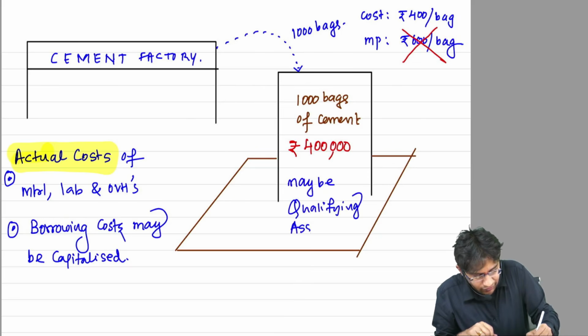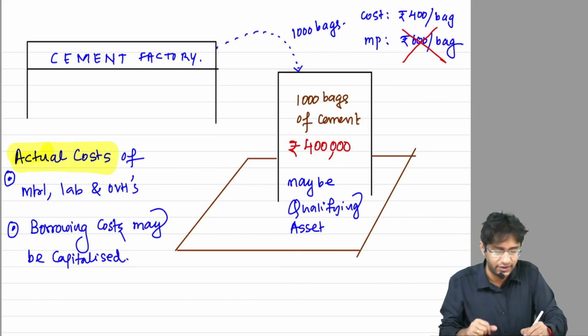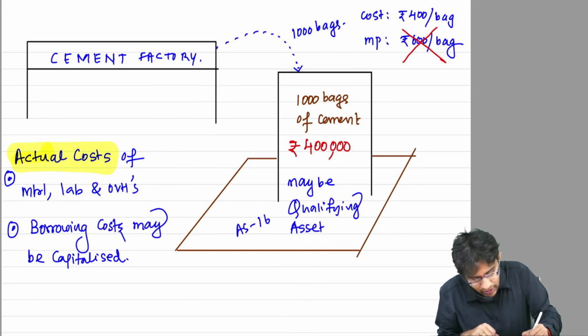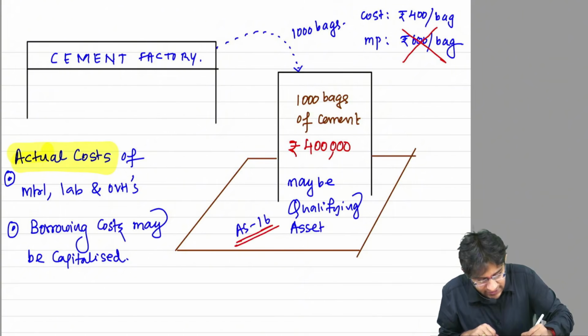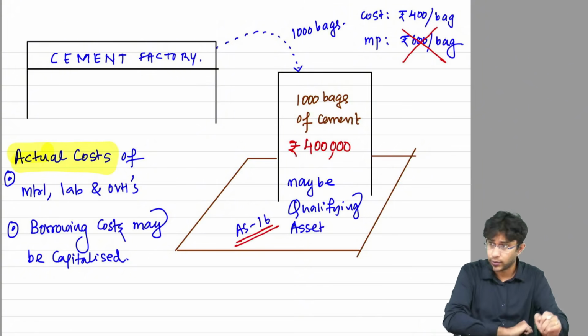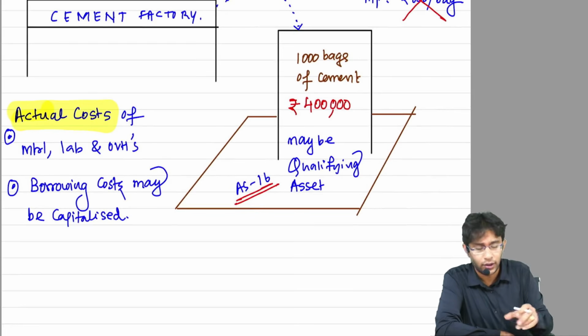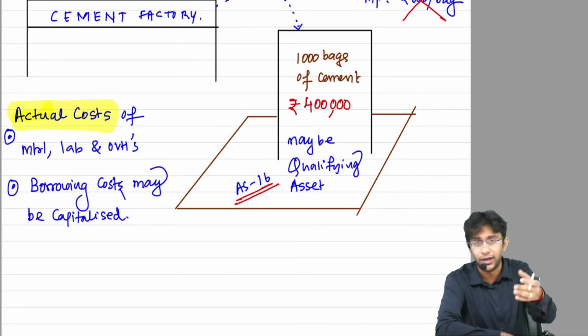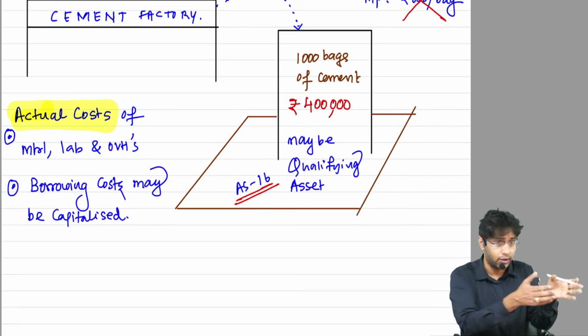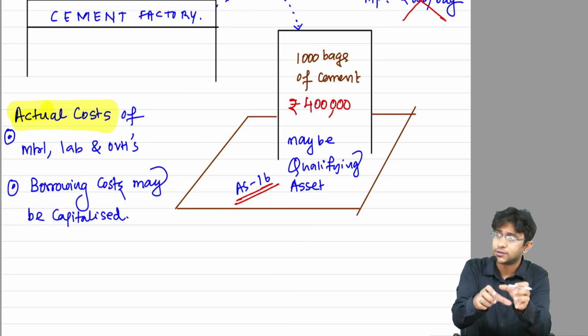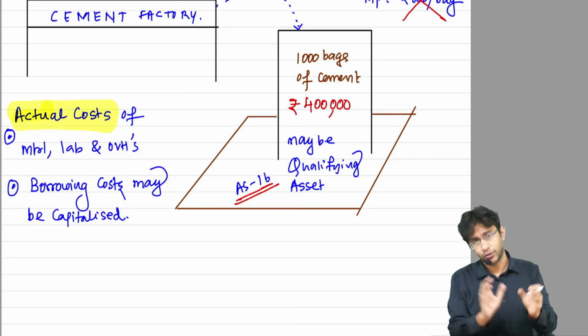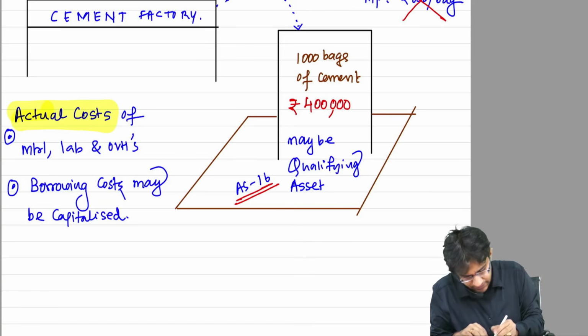Sir, who will qualify me, sir? Who will decide whether I am a qualifying asset or not? Another standard, AS 16. Most probably we will discuss it immediately after the standard gets over. If that standard permits, you become a qualifying asset. And to construct this particular building, if you have made any borrowings, the interest cost that you are incurring for those borrowings can be added to the cost of the asset. That's the whole idea. Next,